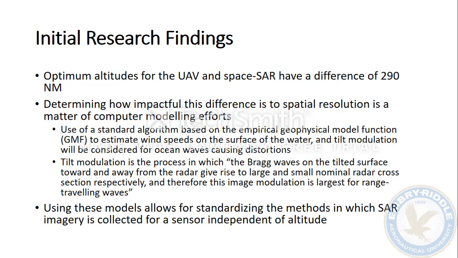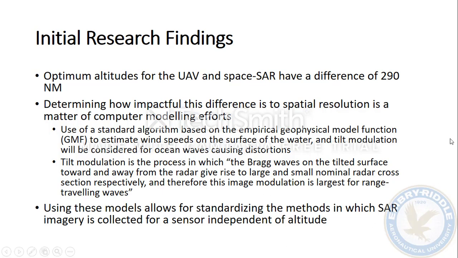And a lot of other programs had used pretty robust computer modeling efforts specifically for a maritime solution. So this empirical geophysical model function, the GMF, was a big one used to estimate wind speeds, tilt modulation, and things of that nature for essentially looking at that really dynamic SAR spatial resolution type picture, and obviously is very impactful in how I'm going to make my findings here. So we can use models such as this to standardize the methods of how I'm actually going to get that SAR imagery collected,